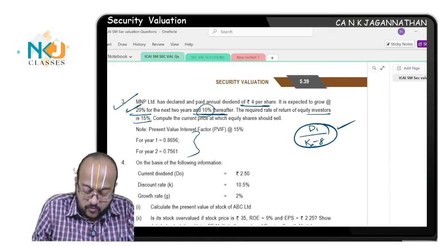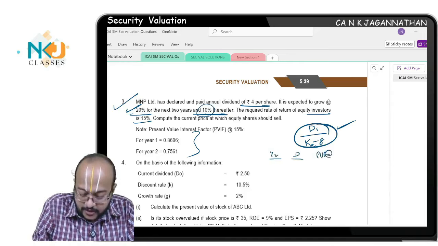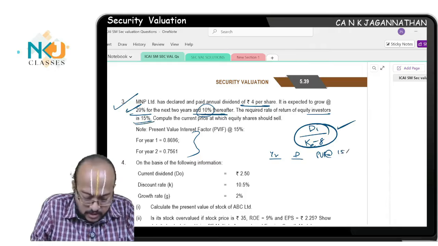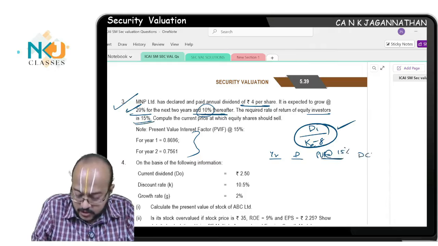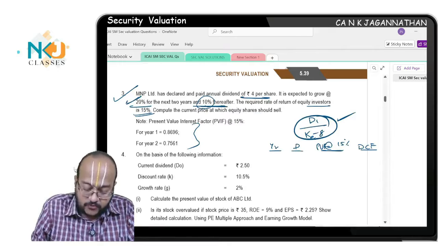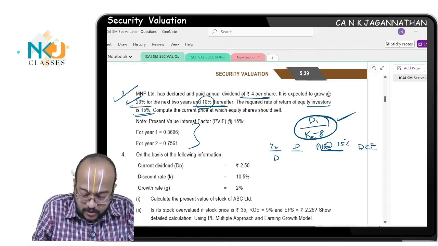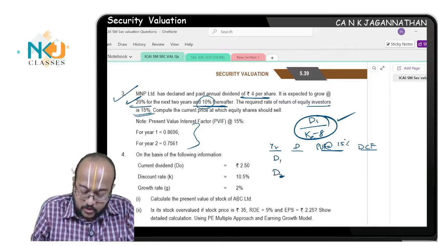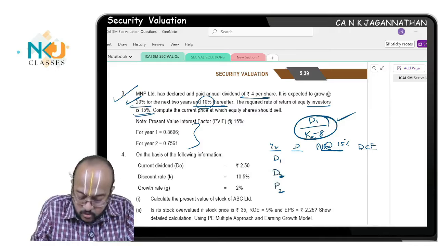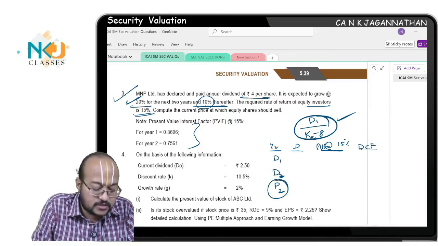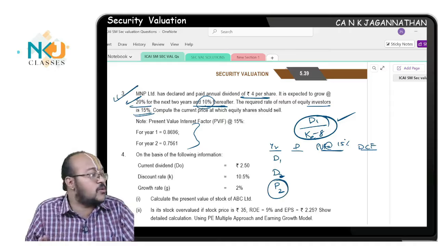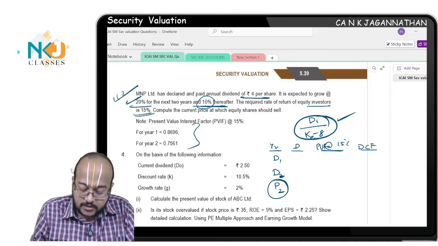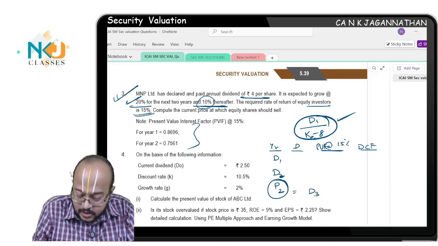Very simple. What you have to do now is, in tabular method, put year, dividend, then present value factor at KE. What is KE? 15%. Then we need to find out the discounted cash flow or present value. You will compute the 2 years' dividends, D1 and D2. Thereafter, you have to compute P2, the price at the end of year 2. We will assume that this is a 2-year holding period question, and in this case P2 is nothing but D3 divided